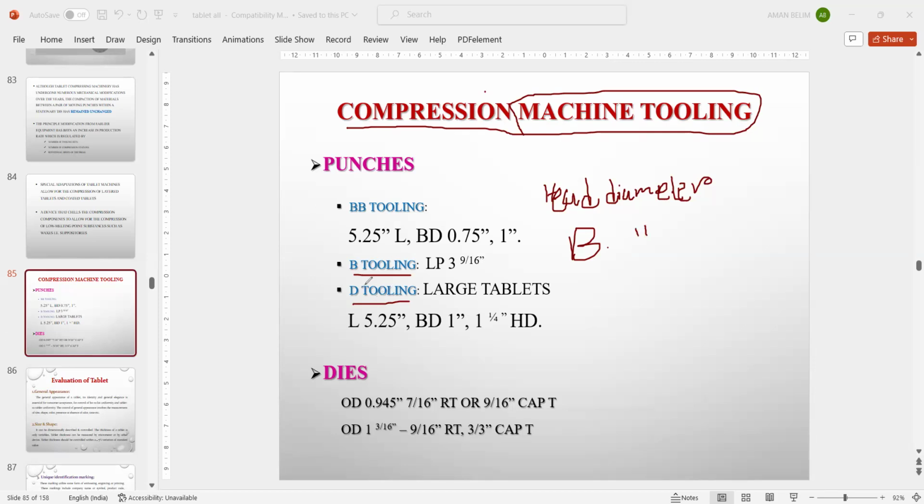And what is BB tooling and D tooling? Okay. So in case of B tooling, what you have to remember is that the head diameter is